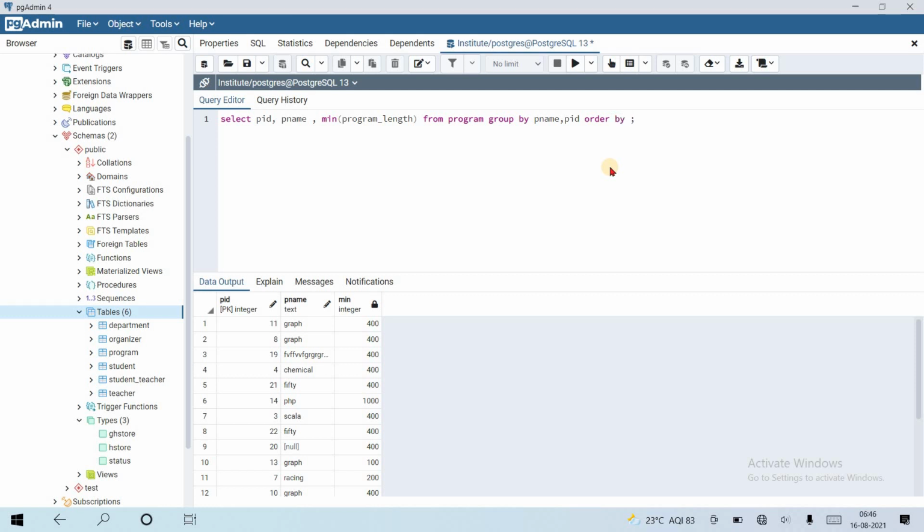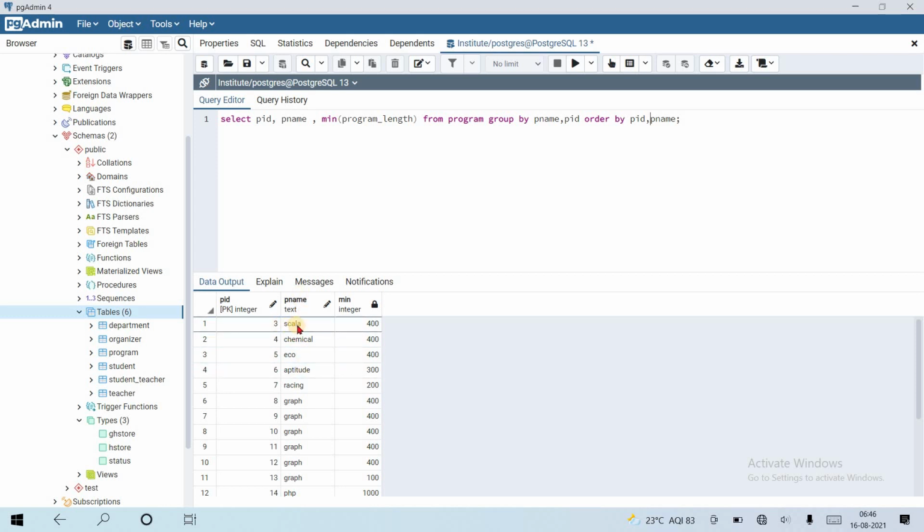Okay, let's do order by PID: 3, 4, 5, 6, 7. What if I do order by pname too here? Let's see. The order of PID is maintained, and also the order of pname is maintained.